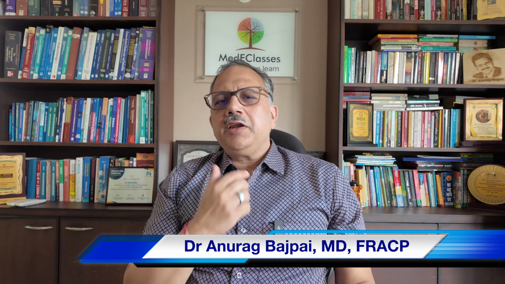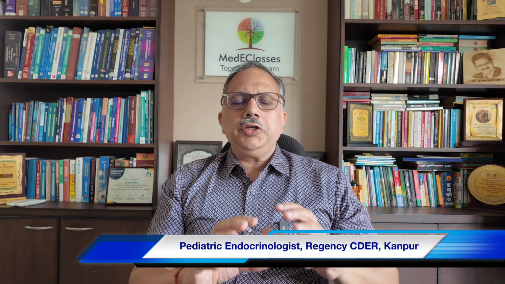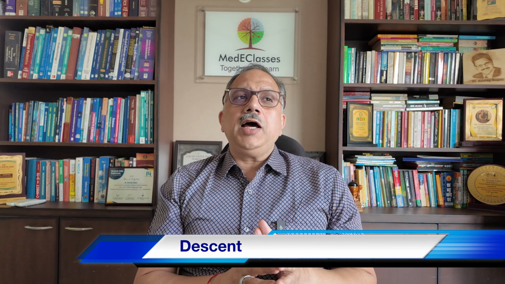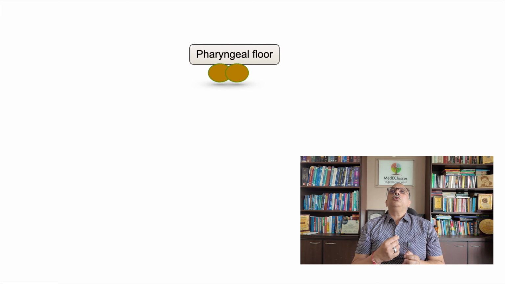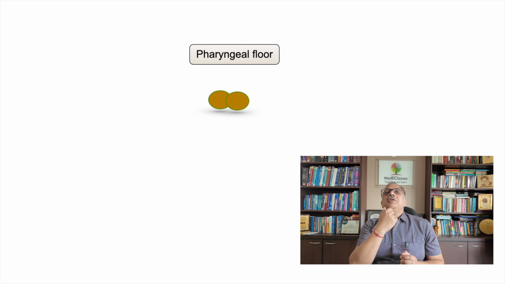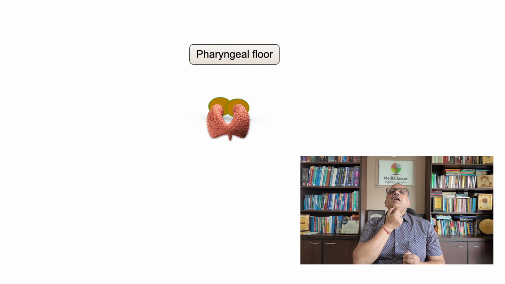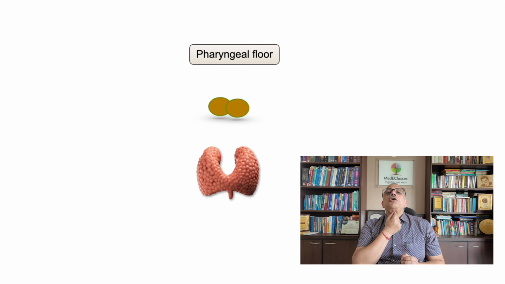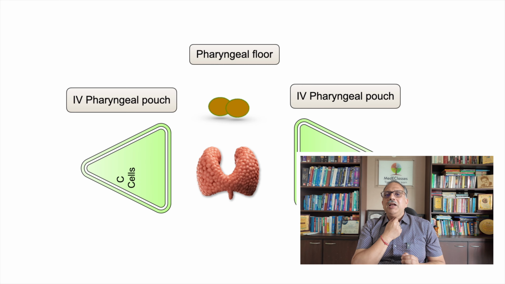Thyroid gland is a very important gland which is located in our neck, and it is responsible for regulating a large number of activities across the body. The thyroid gland develops from a down growth from foramen cecum, which is at the base of the tongue, and it travels down our neck to reach this midline position where it fuses with the second component to form the